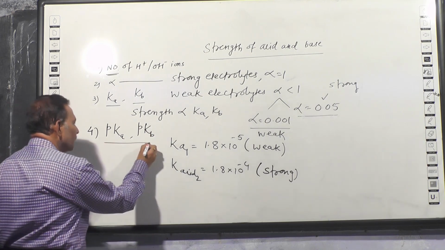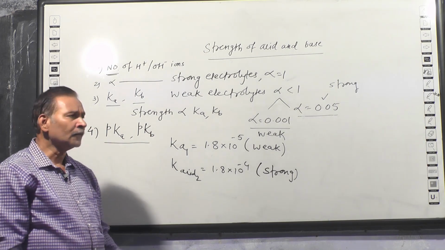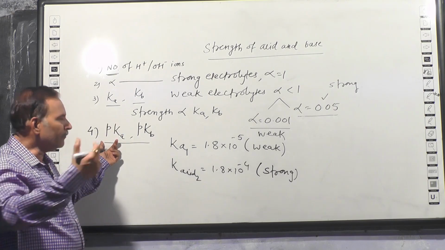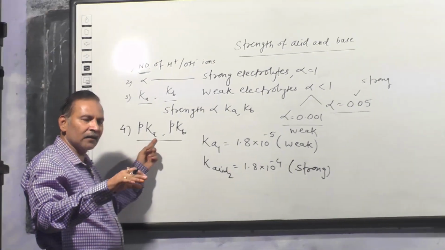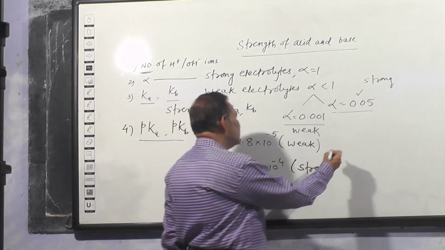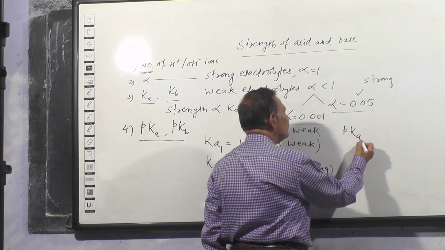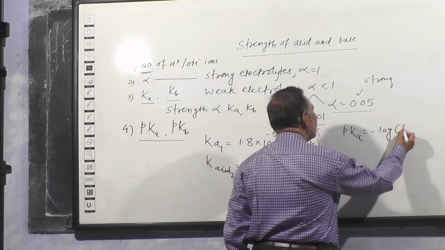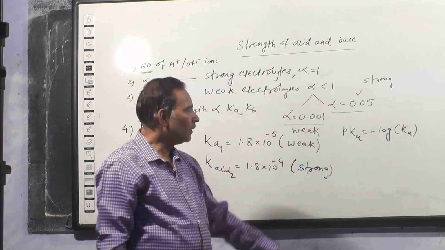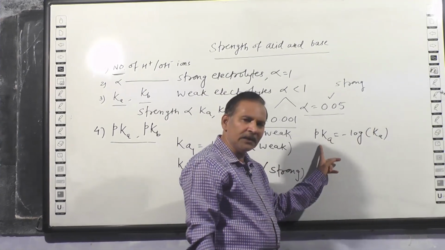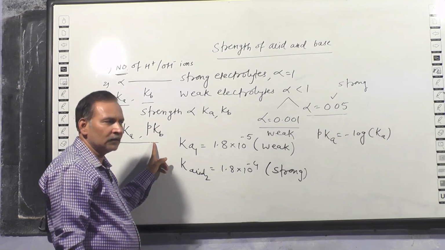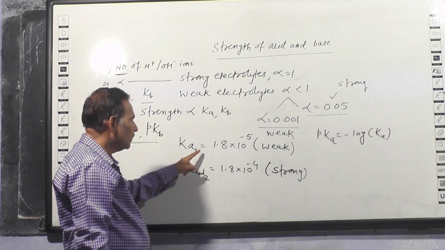So this is new concept now for all of us. That Ka symbol is attached with a prefix small p, and we are calling it by the name as a pKa and pKb. So why this? What is the meaning of this p? Meaning of the p is pKa is equal to minus log of Ka. अगर ये फॉर्मूला यूज करें तो Ka वैल्यू कैन बी कन्वर्टेड इनटू pKa और Kb वैल्यू कैन बी कन्वर्टेड इनटू pKb.